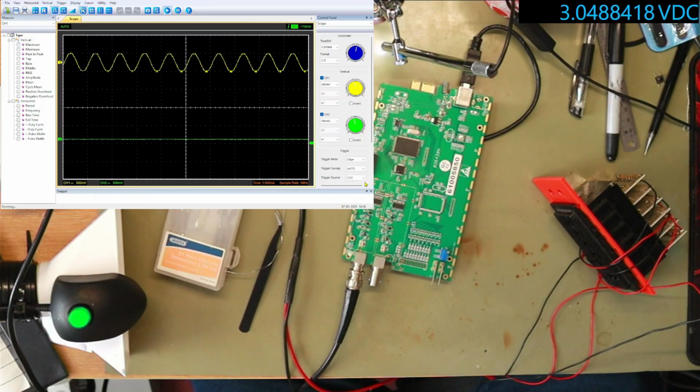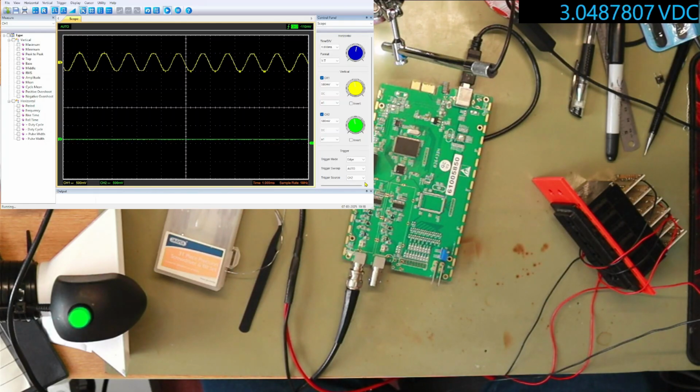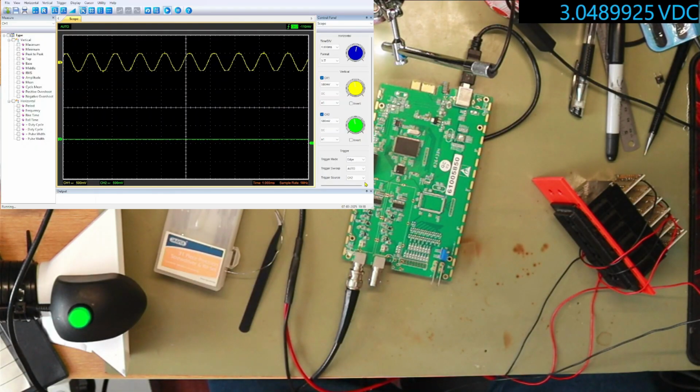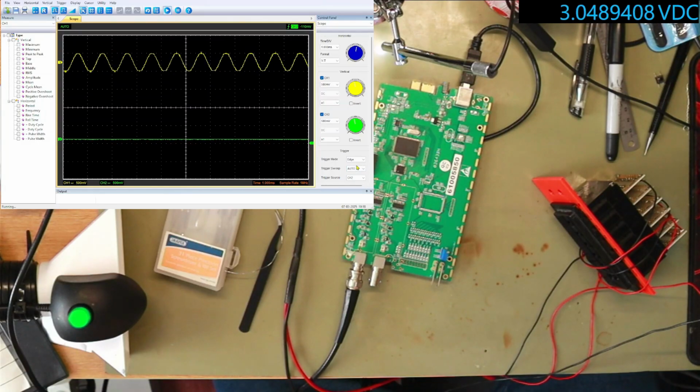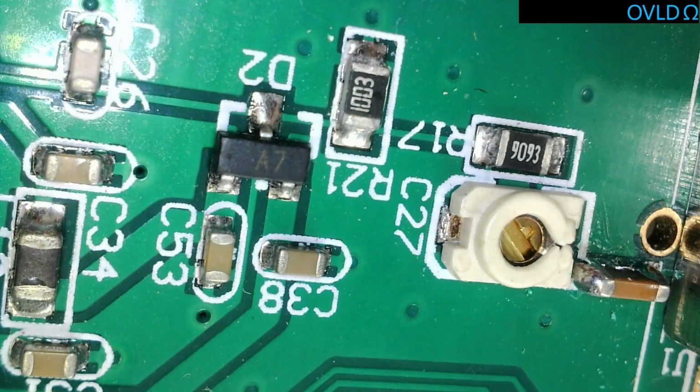But I think I'm going to wrap it up here. Well, no I won't. I'll find some data on a scope input and we'll show you that, and then we'll wrap it up, because I think there's no point you seeing me put it back together. You know, it does what I intended. I'll do the other channel, I think, before I put it back together, and there's no point you all watching that, and I'll show a little circuit of how I did the DC bit. But there we go. Right, looking at the scope input,